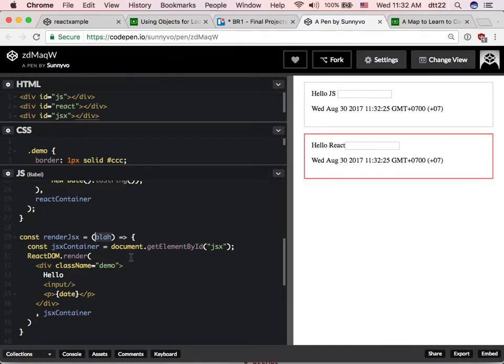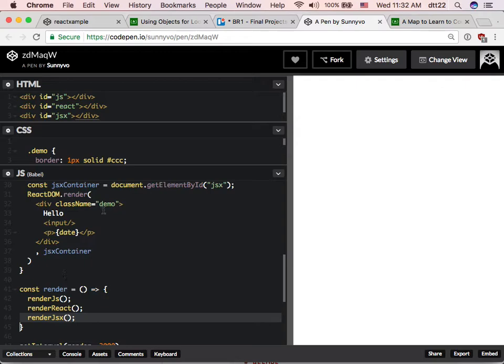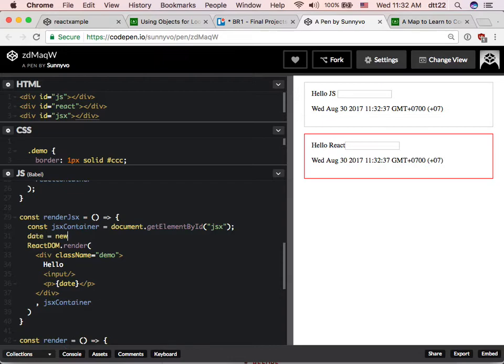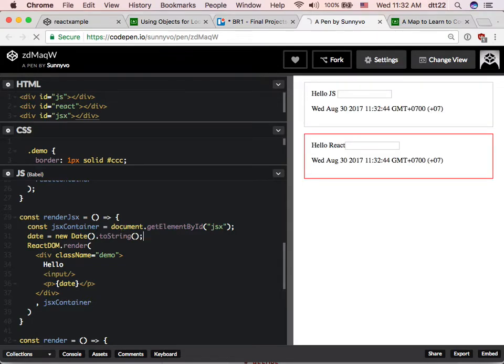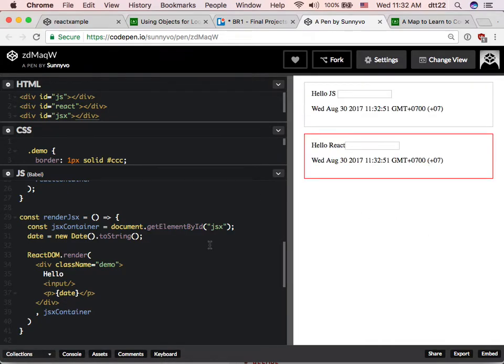Not this guy, sorry. Render, we'll just keep this render thing. Render I call down here. I don't care about the argument. This date thing here. So I could do, when I render here, right? Date is new date. That toString like this. Alright. I just extract it out. So this code is a little bit better because, you know, take care of the logic and then render. Everything works. So the question is,